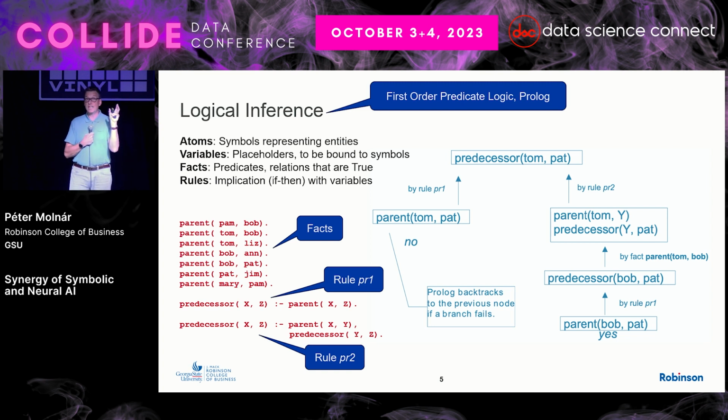So this creates a relationship similar to a graph database. This formalism allows you to do more than just binary connections, but nevertheless, you can come up with some data. That's basically it, the facts. So these are known facts. But from this data, we can now generate new rules. For example, we can define a predecessor. The predecessor could be a parent, but a predecessor could also be the parent of a parent, or another parent of a predecessor.